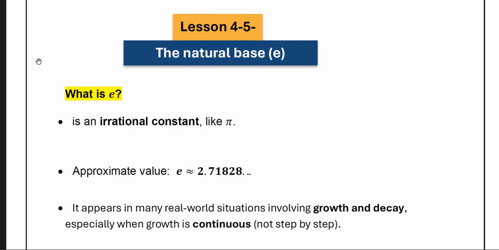Today I'm gonna explain for you the natural base e, also the natural logarithm. So first let's understand what's e. E is an irrational number and the value is about 2.71828. It is also called an irrational number, same as pi when we use pi for a circle, 3.14 starting and it goes more. Okay students,